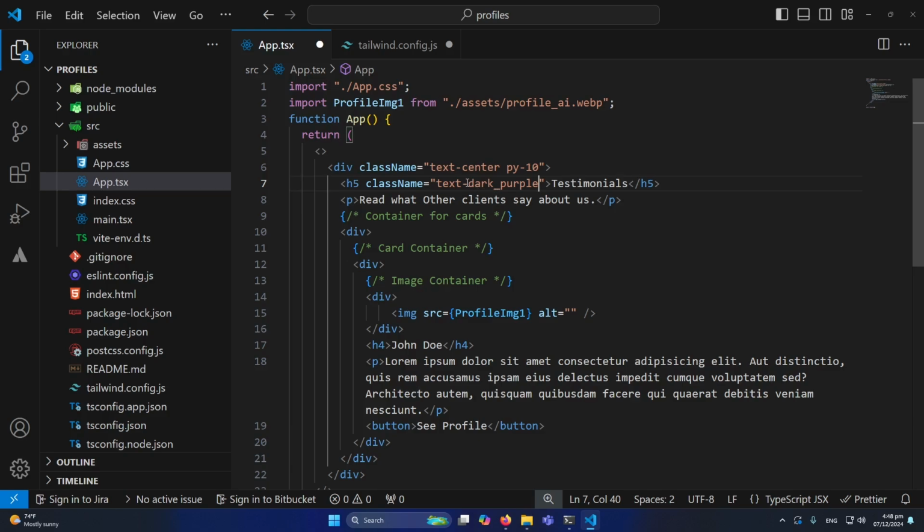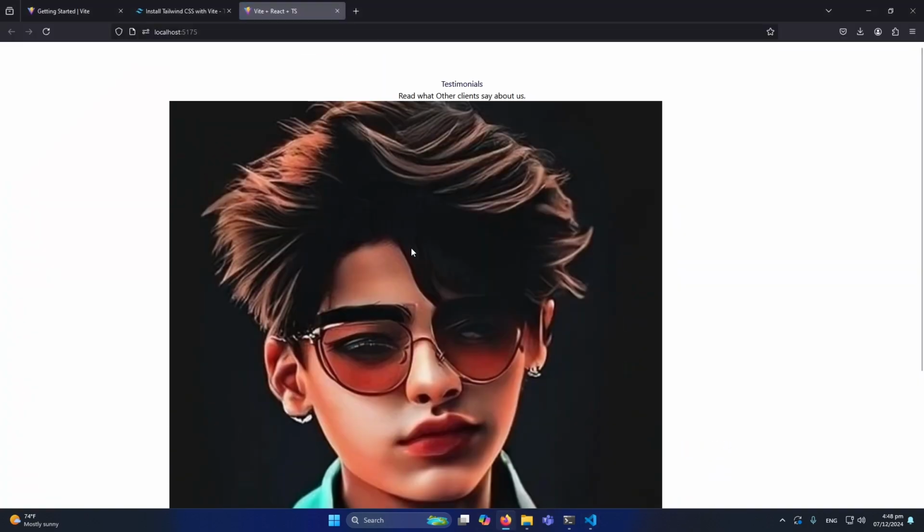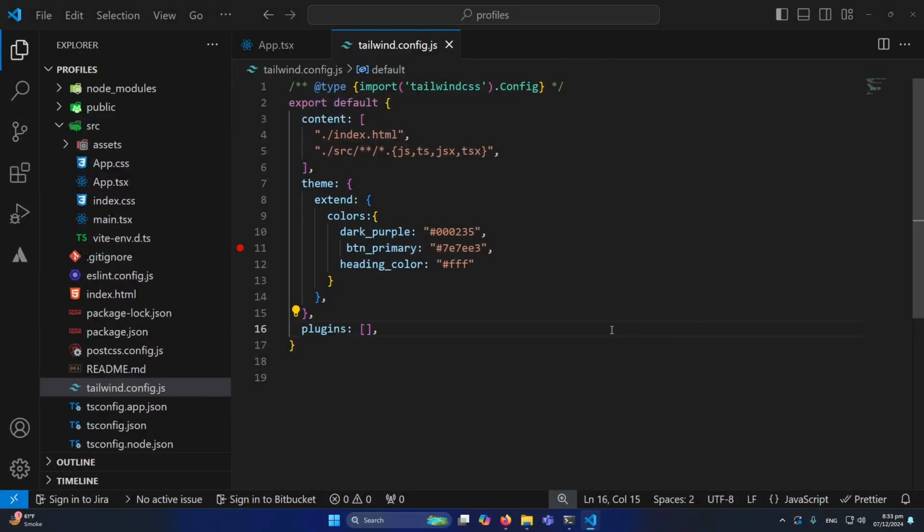So keep in mind, first of all you need to type text hyphen, this is the Tailwind config, Tailwind utility. It means we are trying to give this color to our text, and then I'm typing here my color name. Okay, I will save these files. Let me open this. So if you notice that the color has been changed successfully,